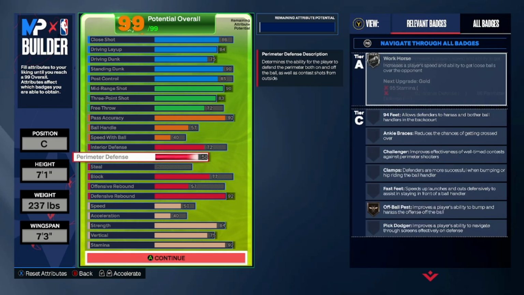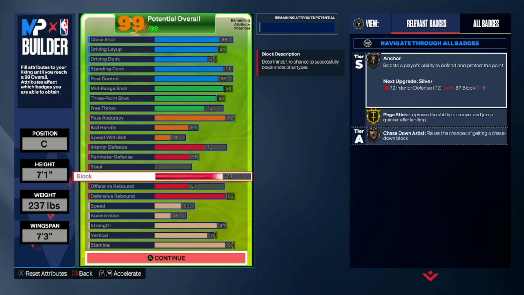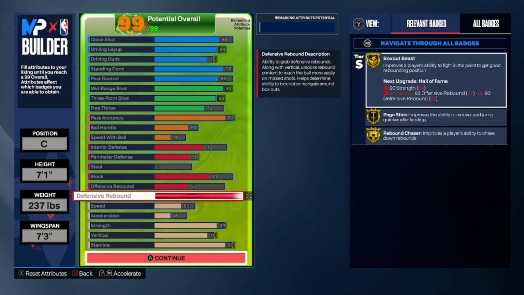And then we got a 77 block because anchored bronze, they said is like a 39% contest, 41 with silver. So it's like you getting 3 extra percentages of contest. I don't really think that's really worth it. I would rather just have the bronze at that point. Or I think bronze was 38 and then silver was like 39.5 or something like that. And then we end up having the